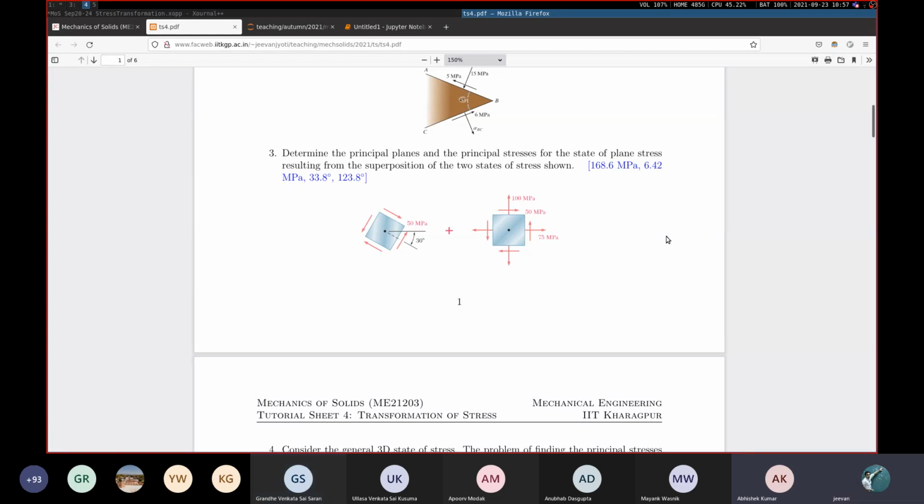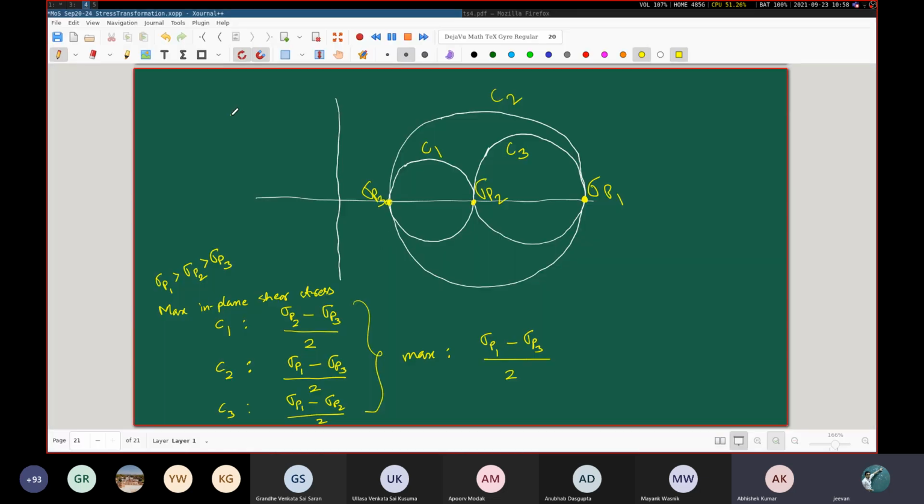You're talking about this 50 megapascal, right? Yes, sir. That will be that components will be taken in x and y direction with respect to the. Right. But when you do that thing, you have to be a little bit careful in the sense that this is a certain state of stress. Okay, this is a certain state of stress, and when you do this problem,